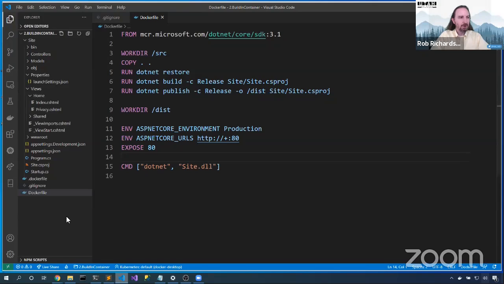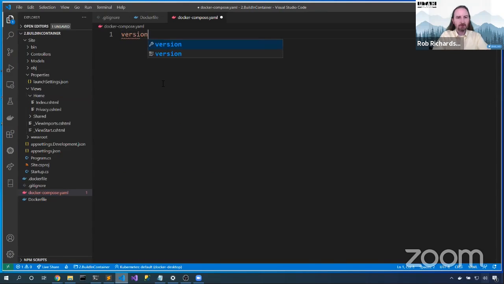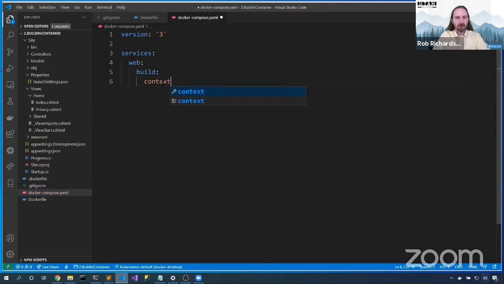Perfect. We can build up a docker-compose file as well. New file, docker-compose.yaml. And like we did before, version is 3, services. Let's call this one web again. And now we will give it a build context. What's the spot where we should start building? Well, right there. We can give it an image. Let's call this step 2. Nope, step 2. And ports